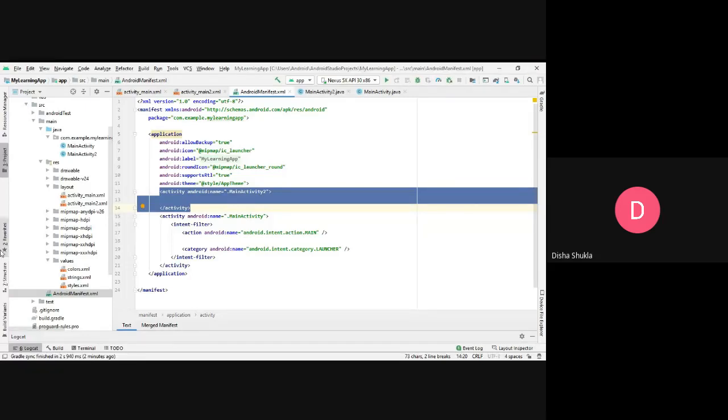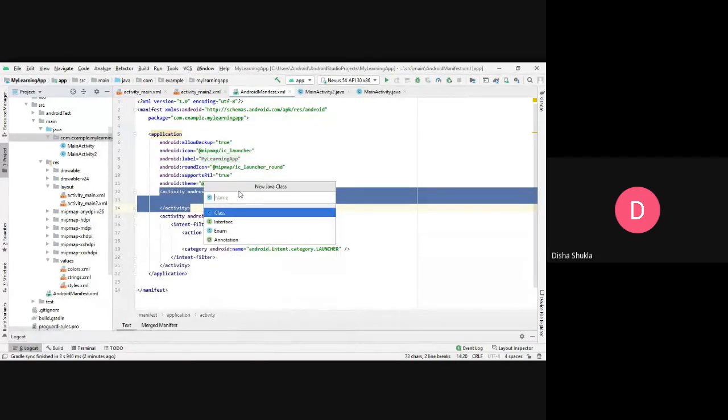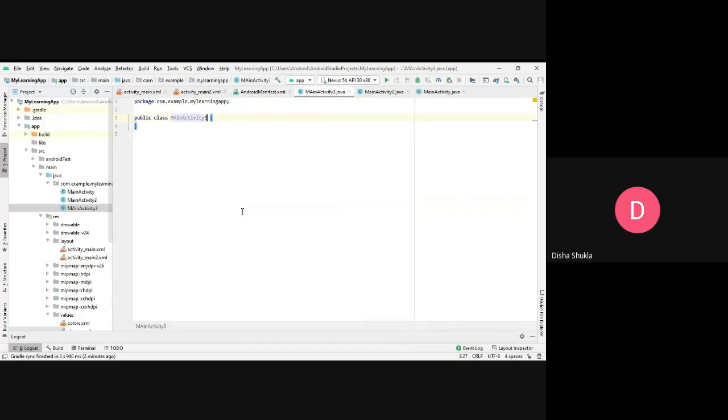Say for example, if I'm going to the package and I'm creating a new Java class, it will be asking me the name of the class. So say for example, I'm writing main activity 3, and this is the third activity that I have created. Now, because it does not extend anything, it is not an activity.